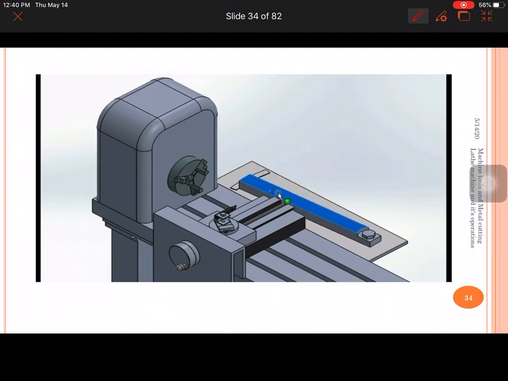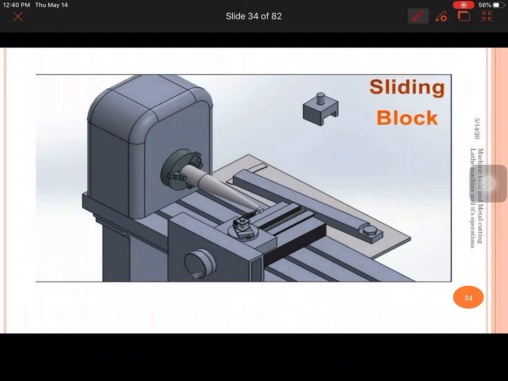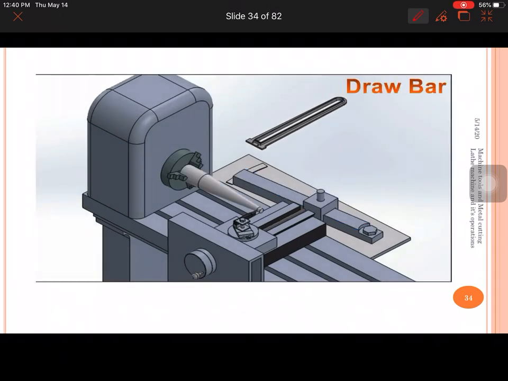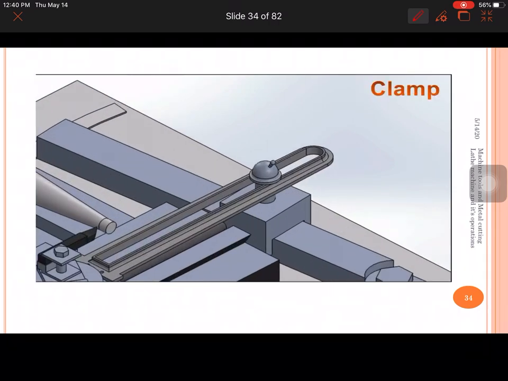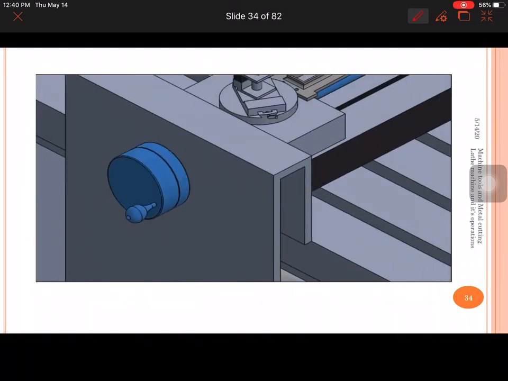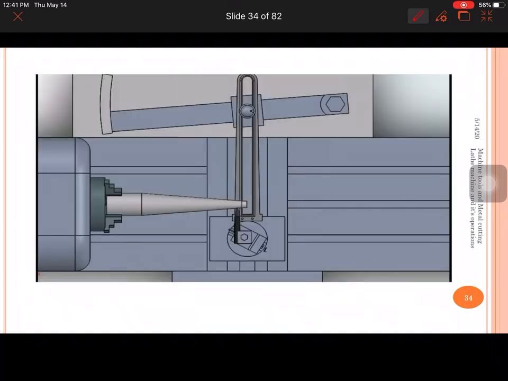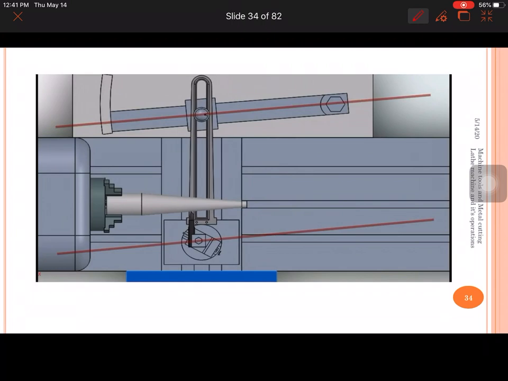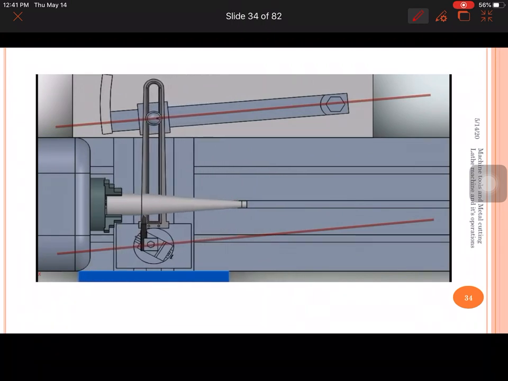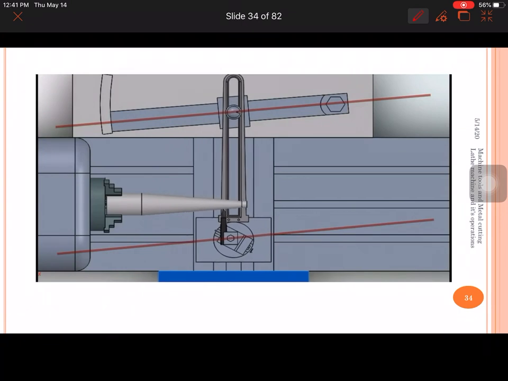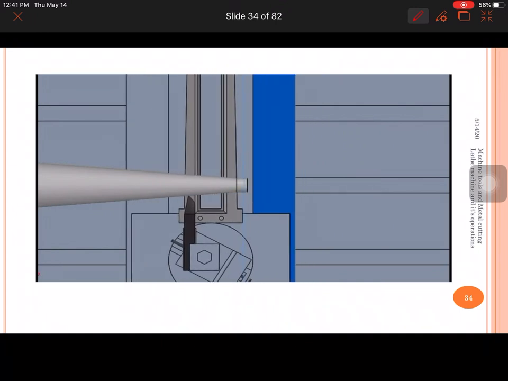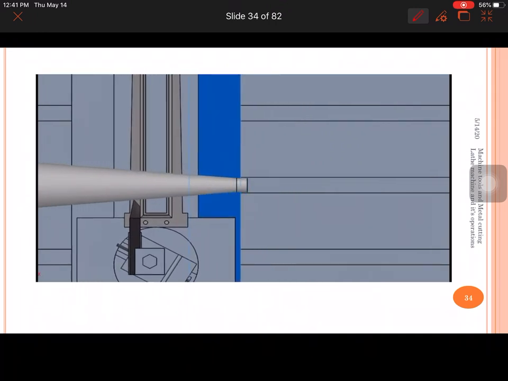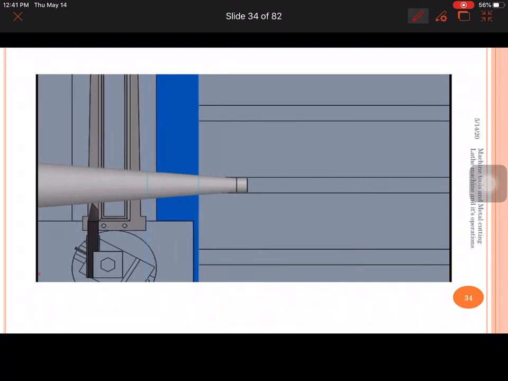This is the guide bar, which can be positioned in an inclined fashion with respect to the bracket, and this cross slide is connected to the sliding block by using the clamp. And here we are delinking the cross slide from the saddle, and whenever we are providing the longitudinal feed, the cutting tool is moving in an inclined fashion because of the cross feed movement which is given by the movement of the guide block. In this way we can achieve the taper cuts on the lathe machine by using this taper turning attachment.